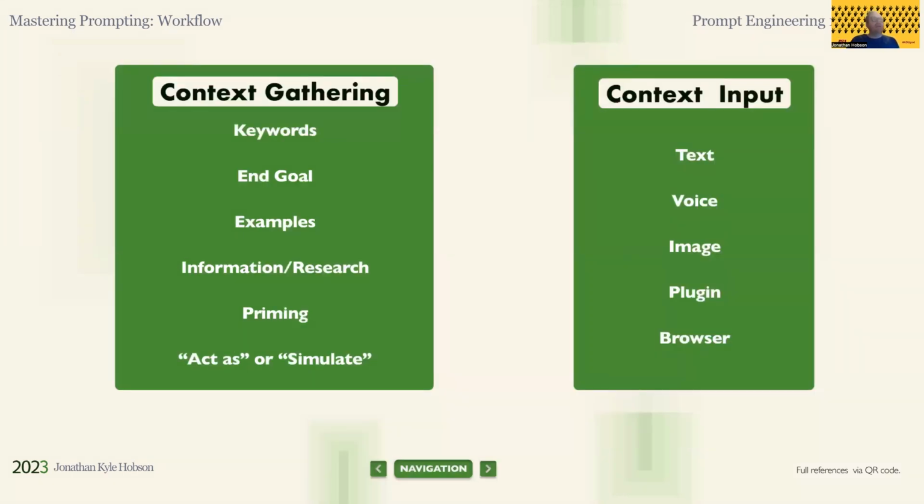Now, there are many different ways to gather context and to input your context. Right? You can deliver context to ChatGPT, to an LLM, to a large language model, through keywords you use, key terminologies, right? Like user experience, user persona, user journey. Keywords that we use in our industry are keywords you can use in your prompt to tune ChatGPT towards your goal,